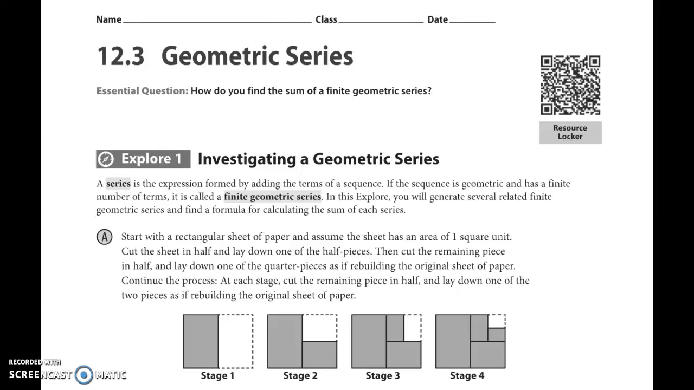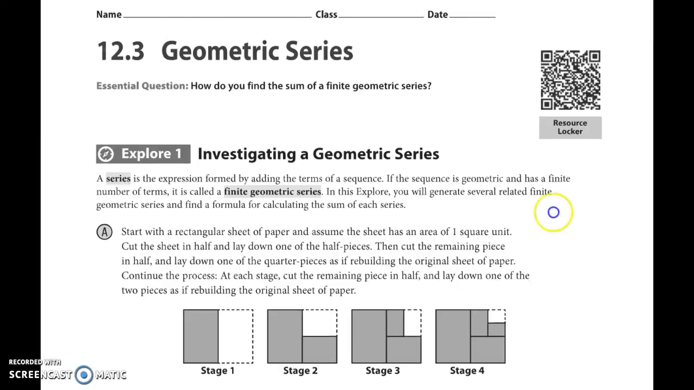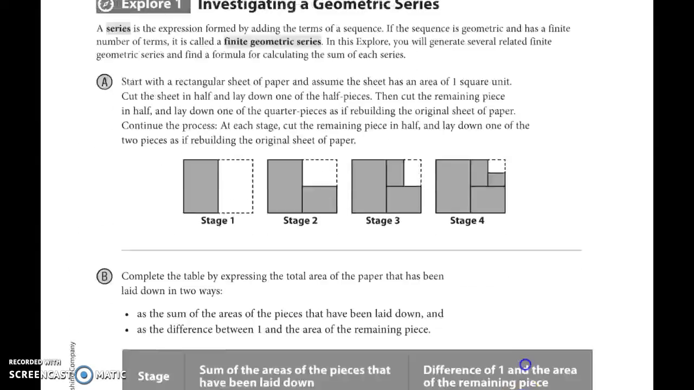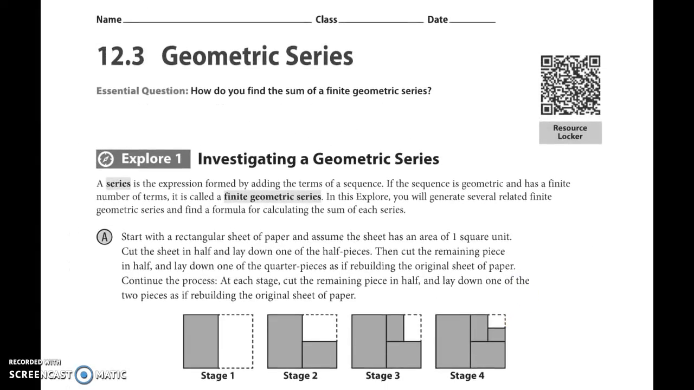In this video, I will be going over Module 12.3, Geometric Series, and I am on page 613. So we're going to go ahead and read the definition of a series. A series is the expression formed by adding the terms of a sequence. I'm going to have you just watch for a moment, and I'm going to give you,